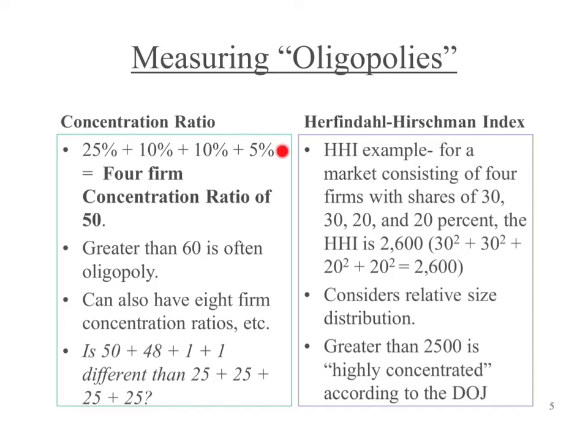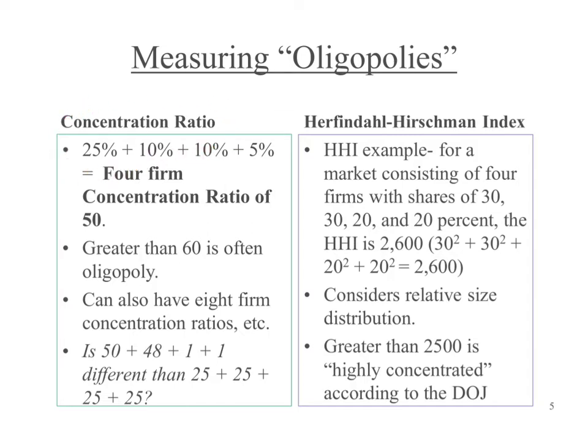However, if we took another market, like maybe we're interested in, say, office supplies, and we know, well, there's Staples, there's maybe some other firms that are like that, and then there's a few mom and pop local, Ridgewood Office Supply Company or something like that. Is this industry an oligopoly or monopolistic competition? Economists have come up with a few different measurements. So the basic one is known as a concentration ratio.